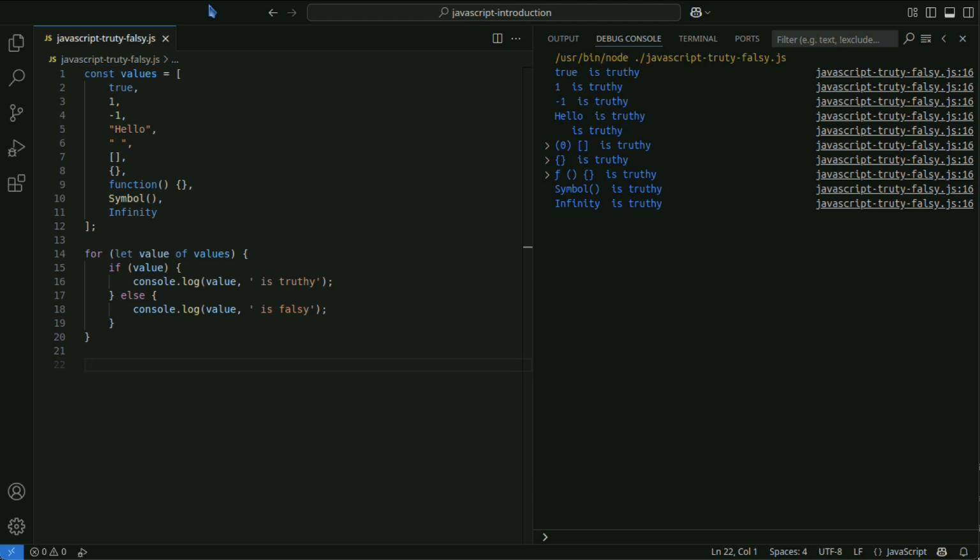The concepts of truthy and falsy are often used in conditionals and logical operations. For example, when setting a default value using the logical OR operator, the first truthy value is returned as the result. To check for falsy values, using the Boolean function is convenient. The Boolean function explicitly converts a given value to a Boolean type.